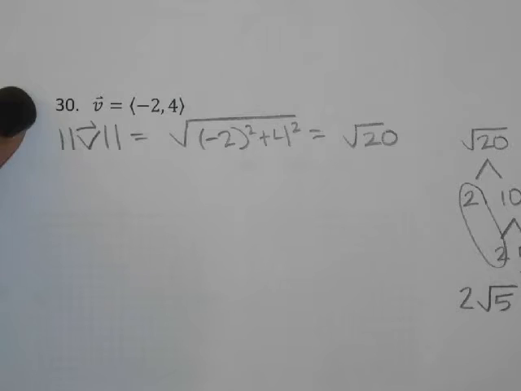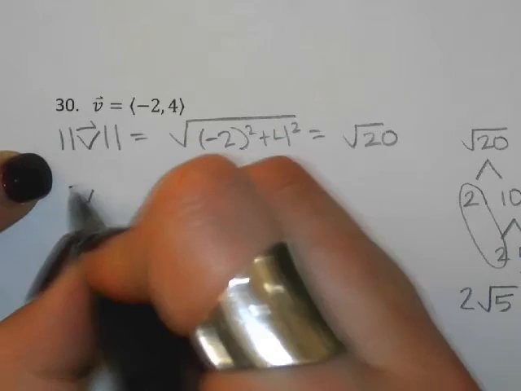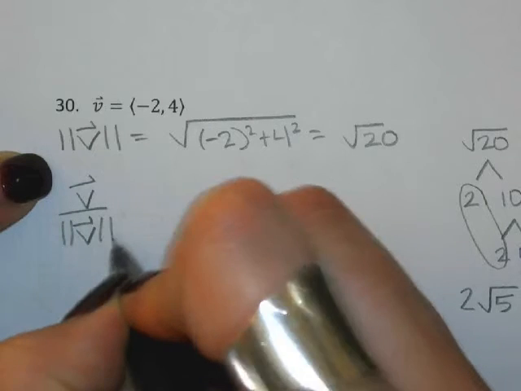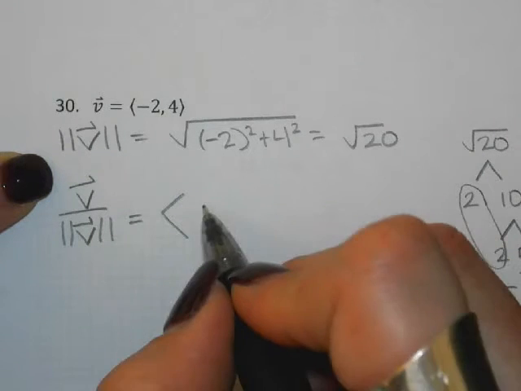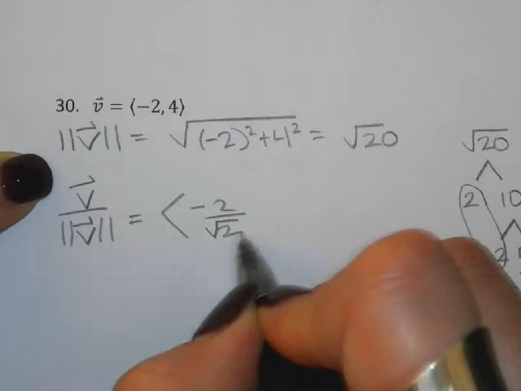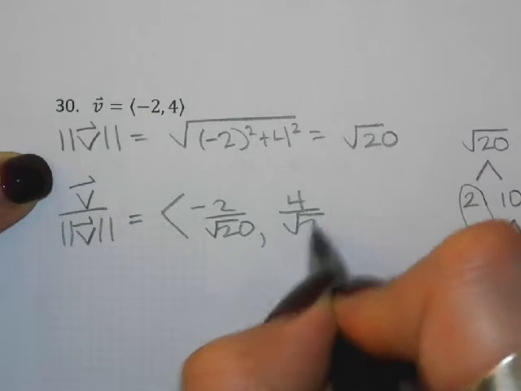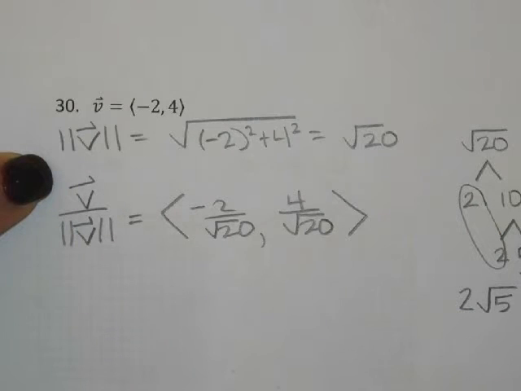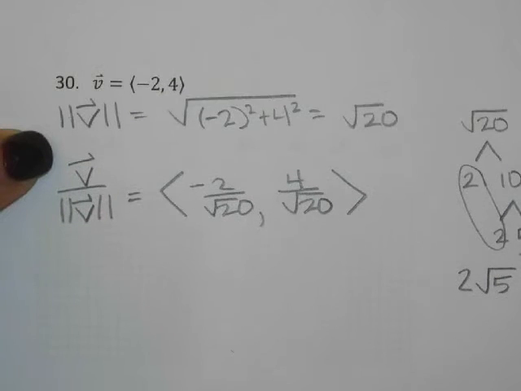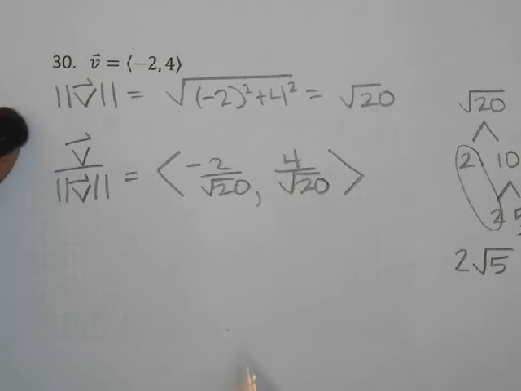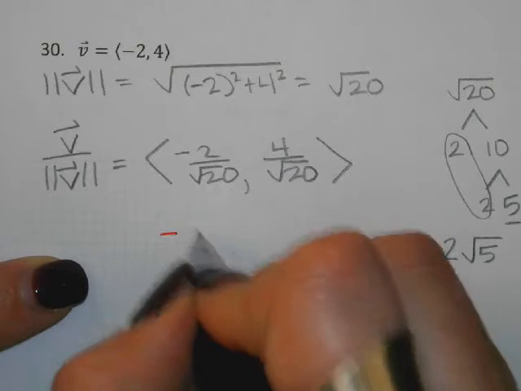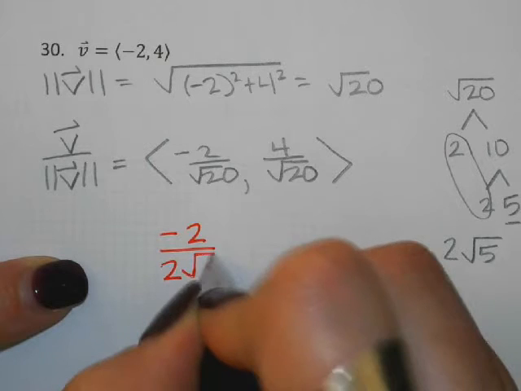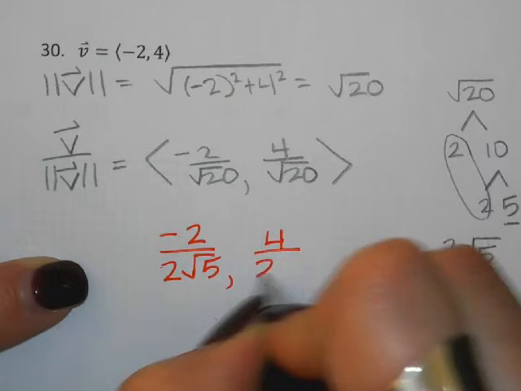Okay. So if they were to do this without simplifying at all, then you could say that your answer is negative 2 over the square root of 20, comma, 4 over the square root of 20. And that is the correct answer. It's just not simplified. So this would probably not be the multiple choice answer. So if we want to fix this and make it so it's probably looking like the multiple choice answer, then I would say this is negative 2 over 2 square root 5, 4 over 2 square root 5,